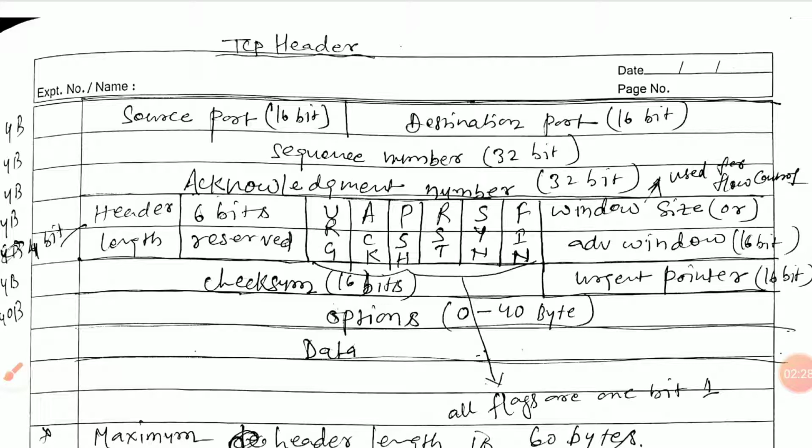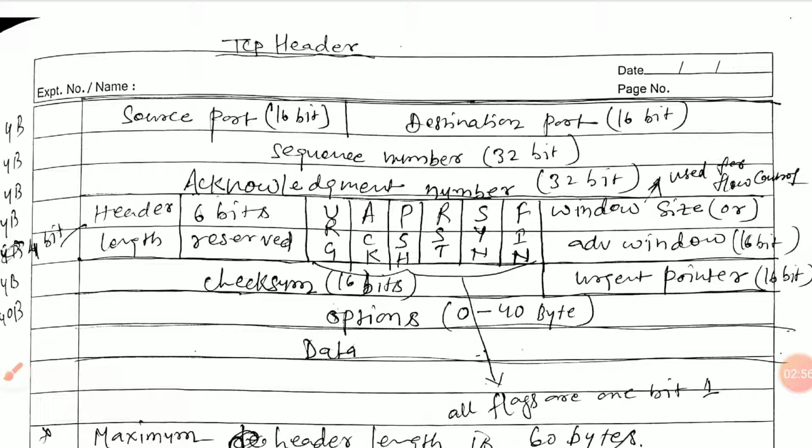There is a difference between the acknowledgement number and the ACK flag. The acknowledgement number is a 32 bit field, while ACK is a 1 bit flag. Then window size means advertisement window, the total window size or buffer size you can say, while starting the communication. Next is the checksum, an error control method at the transport layer, which is a 16 bit field. And finally the urgent pointer is a 16 bit field.